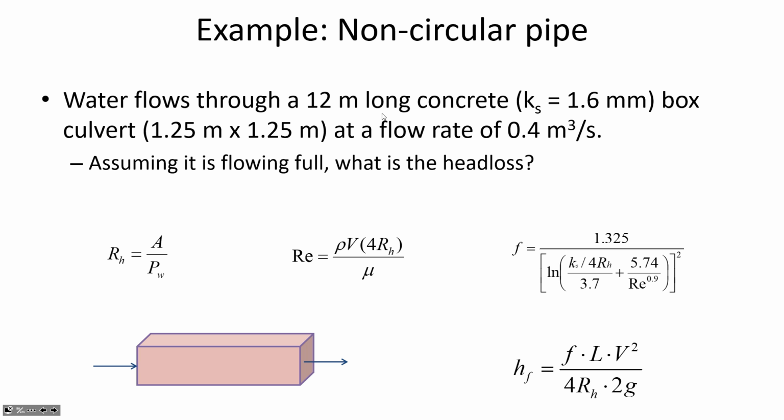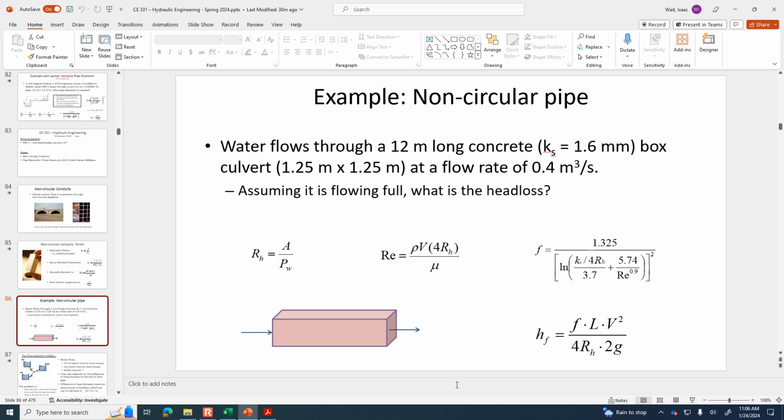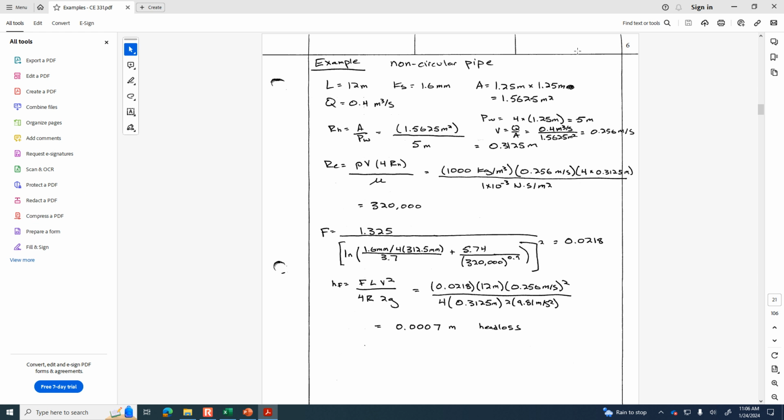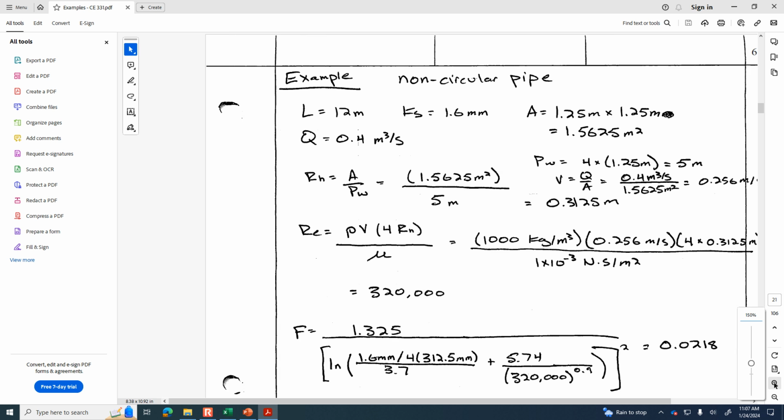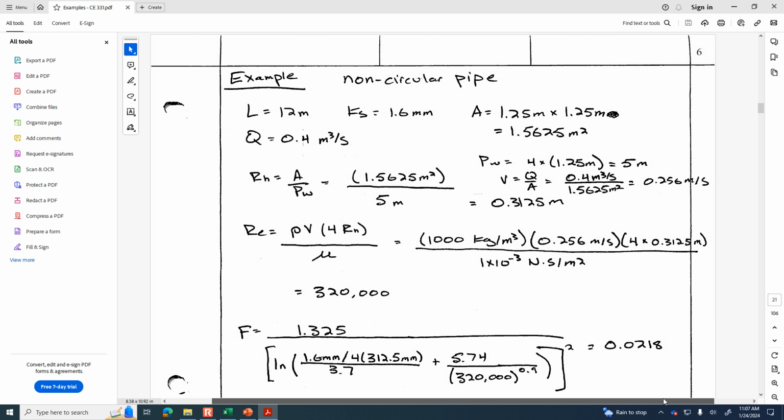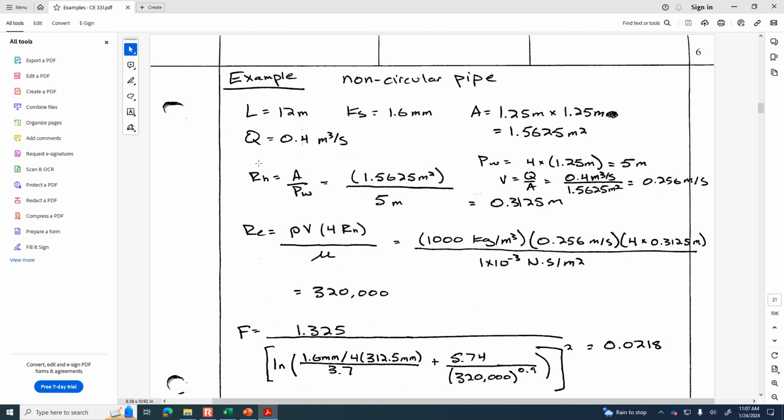So to start things off, remember the f value requires us to take into account not only the relative roughness, but also the flow conditions. And for us to know the flow conditions, we have to be able to say what's the Reynolds number. So the calculations here are that we would start by determining the hydraulic radius. So hydraulic radius for a rectangle, the area is just 1.25 times 1.25. So the area is